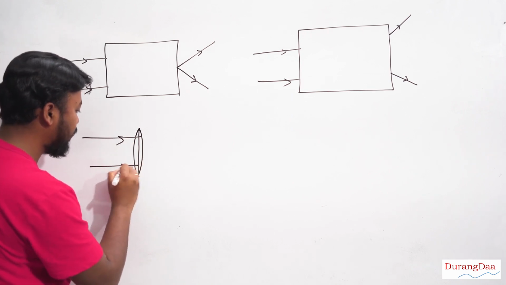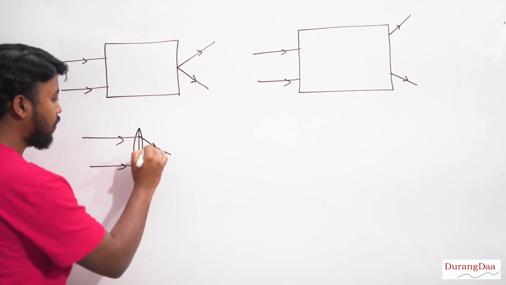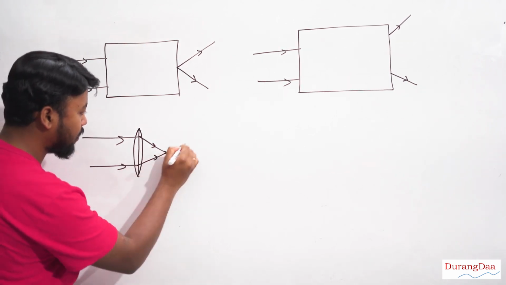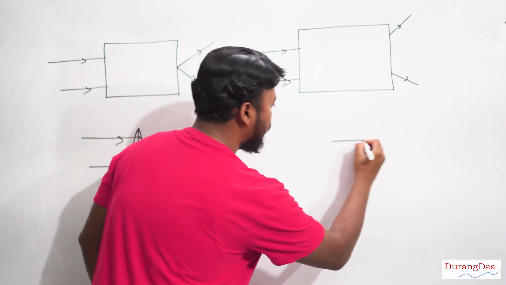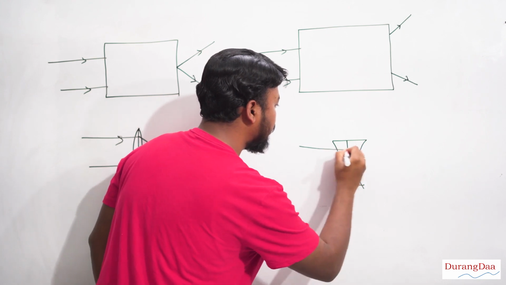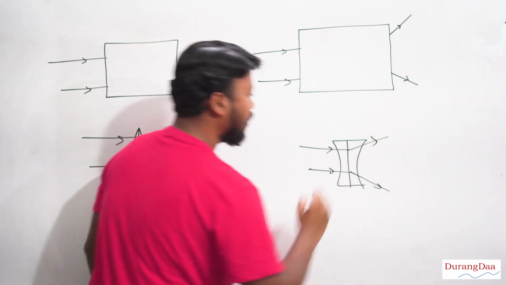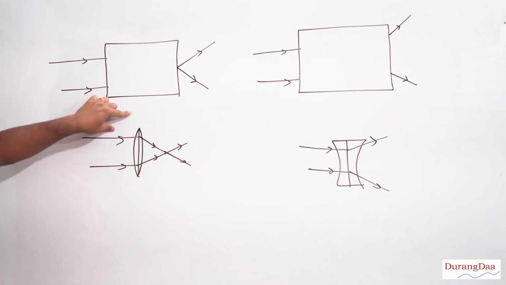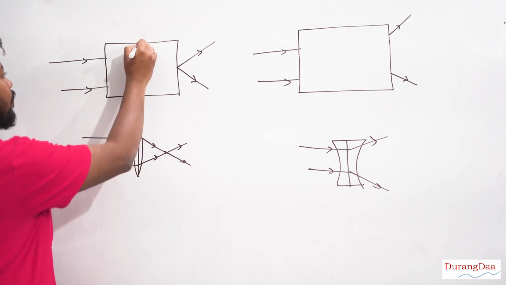Convex, you know that if parallel rays pass through it, they meet at a point. We can also extend these light rays like this. So that's the figure. In this situation, we know that for concave, if parallel light rays pass through it, they diverge the light rays like this. Alright, so clearly in the first case, without any doubt, the lens inside the box has to be a convex lens.